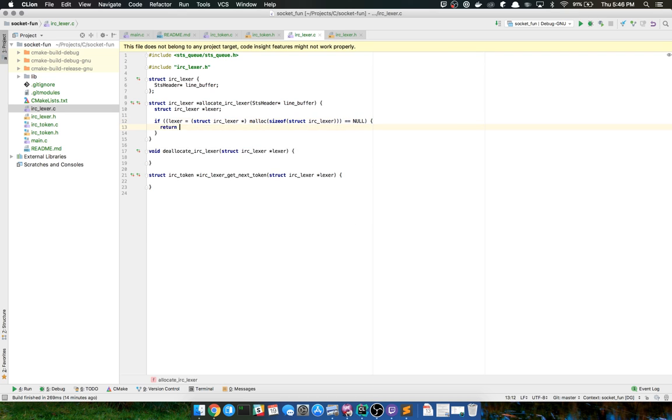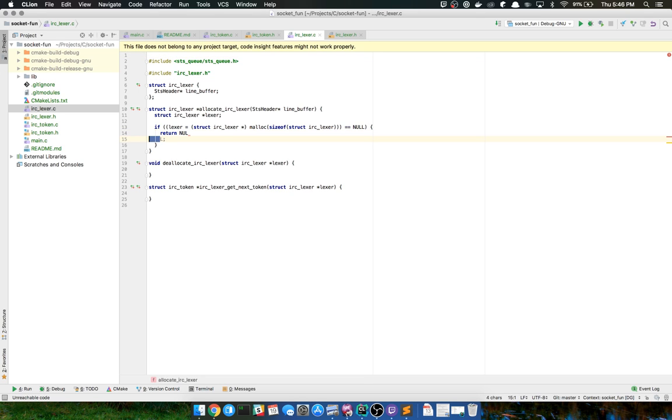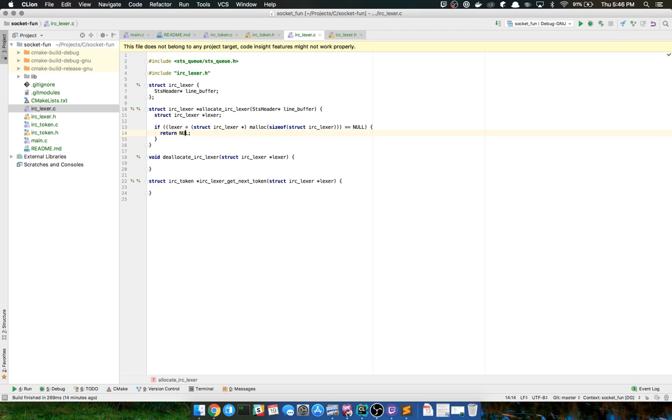And we're just going to return null. And then, if I recall correctly, I need the actual include file here. Nope. Hold on. I forgot that this IDE is going to go ahead and, whoops, let me grab that. If I could spell it correctly, the macro, of course. There we go.